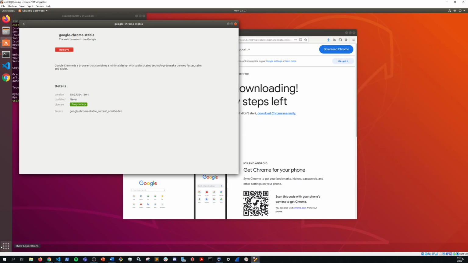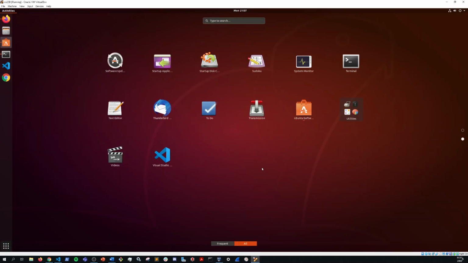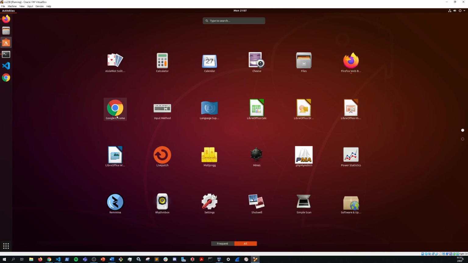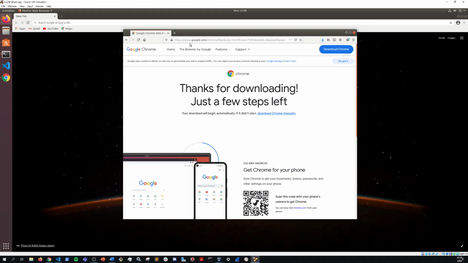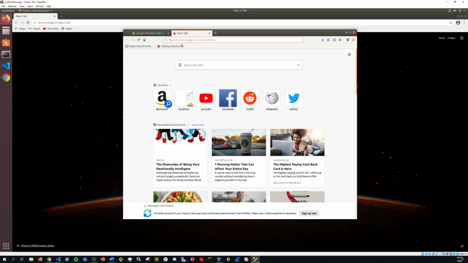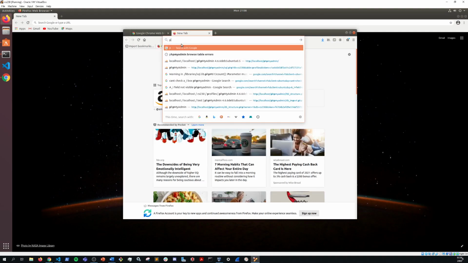If you check right down here, make sure that you have all selected. You'll see Google Chrome. It should be on the first page, and you can just right click and add that to favorites. I already have it on there. So if we go in PHP My Admin here on Firefox,